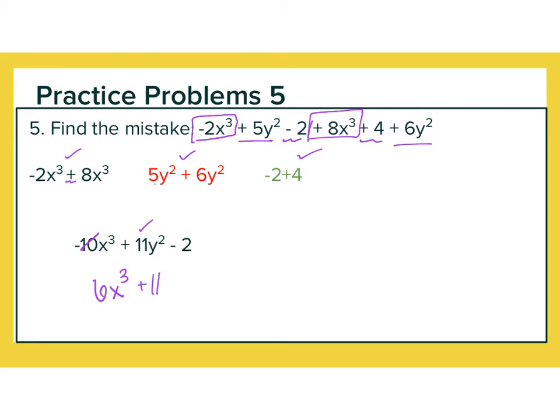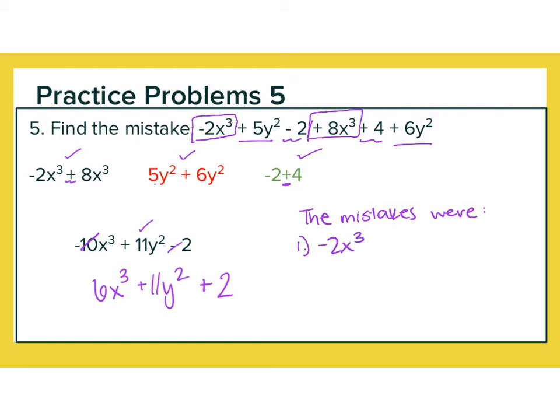That is a positive 11y squared. And negative 2 plus 4, signs are different, so I subtract. 4 minus 2 is 2, but I have more positives than negatives, so this should be a plus. So this was wrong and this was wrong. So the mistakes were 1,